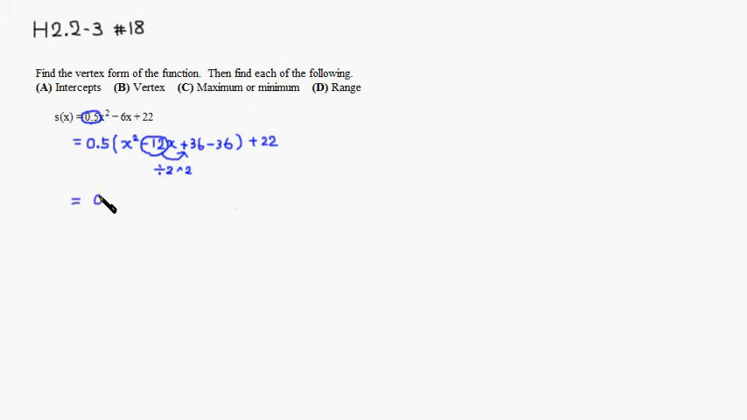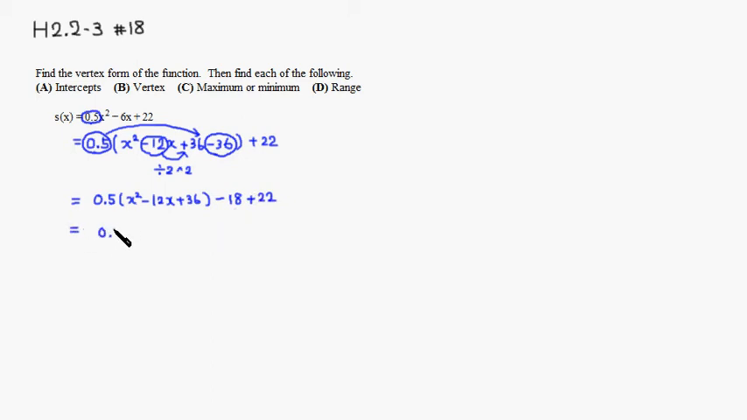So I'm going to group those together to make it nice and neat. So you have x squared minus 12x plus 36. Then in order to get this leftover negative 36 outside the parentheses, you need to distribute 0.5. So 0.5 times negative 36 would be negative 18. Then you have plus 22. So we still have to put that. So this will give you